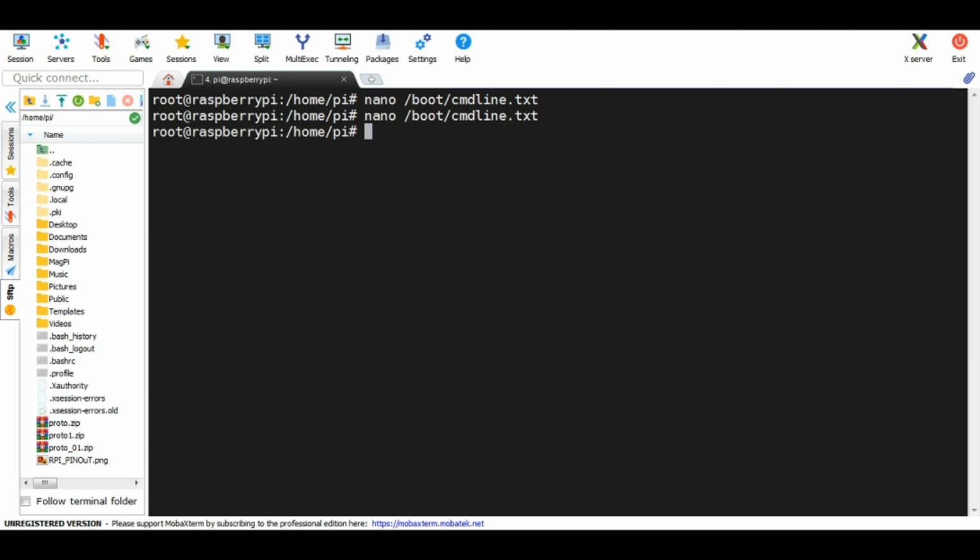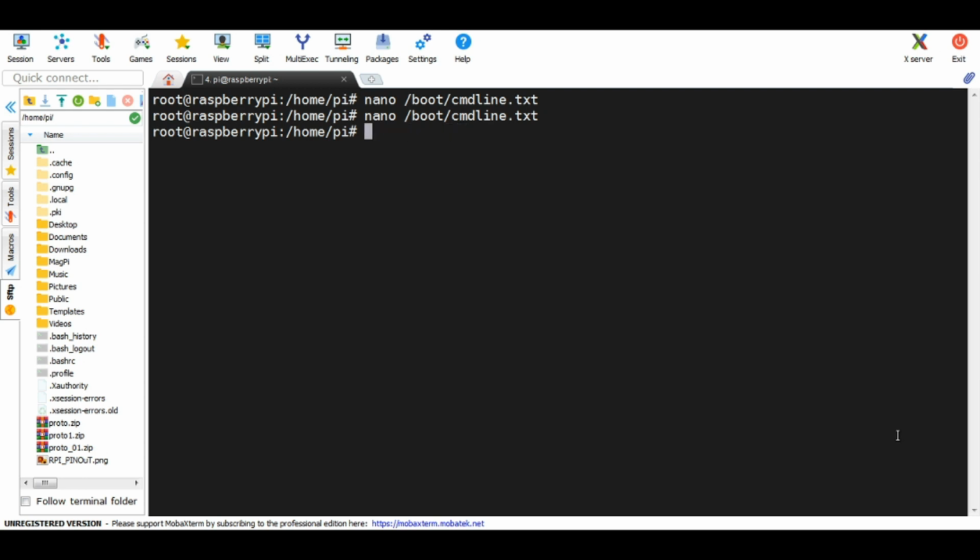The meaning of the parameters which we have added at the end of that particular file is already given in the description. You can explore more on it later on, or you can make the necessary changes. Now if you reboot the system, it will boot the Raspberry Pi into a blank screen and give you the desktop. So remember that if you have not copied any PNG file as a splash screen, it is not going to display at the booting of the Raspberry Pi.